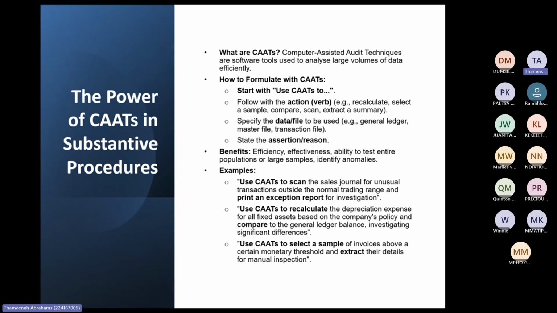You see how I use the assertions for that. So those are the type of things, and then of course the benefit of using CAATs is just to be efficient and effective when testing. If you physically audit, you usually do a sample, but with CAATs you can usually audit an entire population because it's automated. So it's the system performing the audit procedure. And as an auditor, for example, if you say use CAATs to scan the debtors' age analysis for any credit balance, then the audit software will bring up all the credit balances.